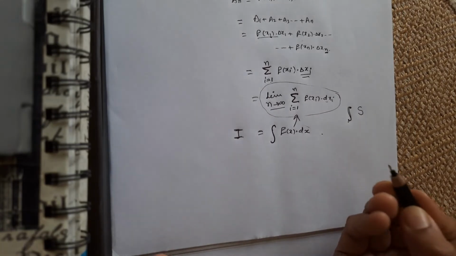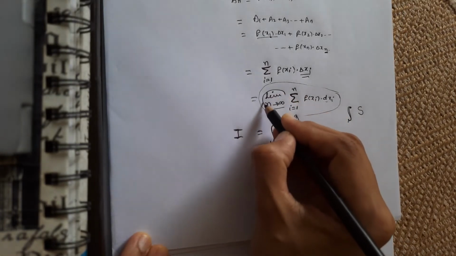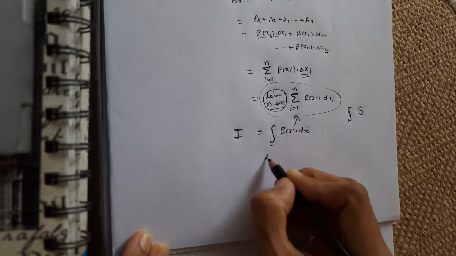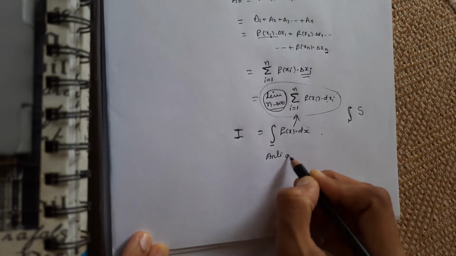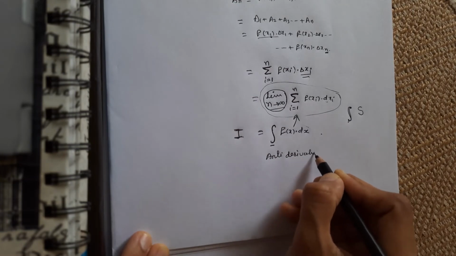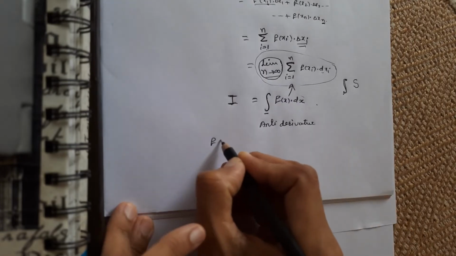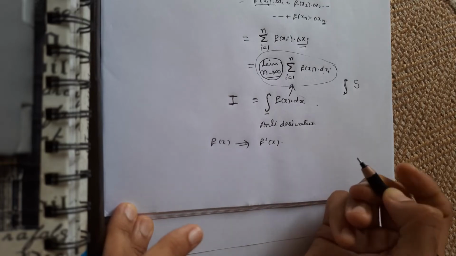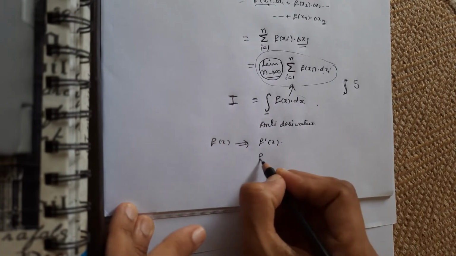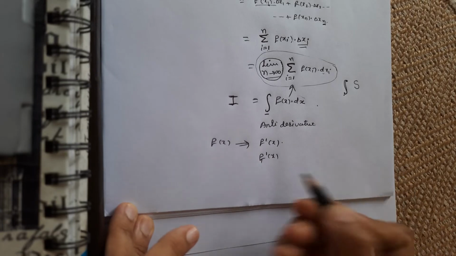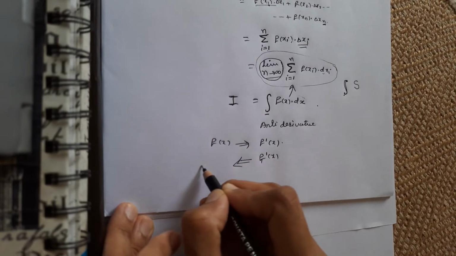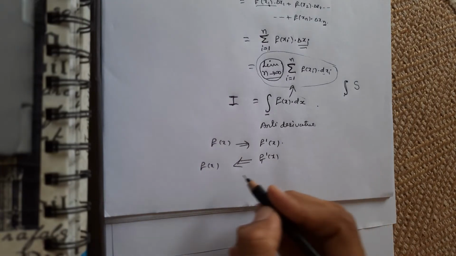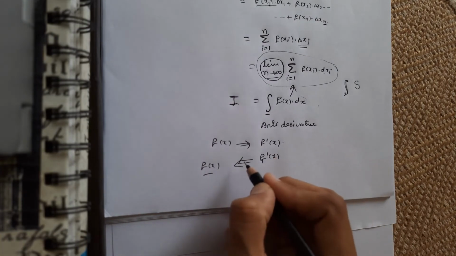Now there is an interesting thing about this. Since this limit is involved here, it turns out that this integration is an antiderivative. Till now, if f of x is given and I differentiate it, I will find out f dash of x, right? Now suppose you know f dash of x. What is the procedure to get f(x) back? There should be something that gives me f(x) back. This something is nothing but integration.